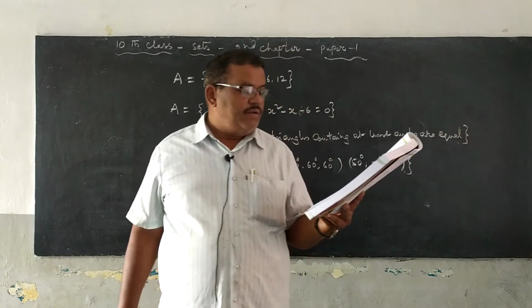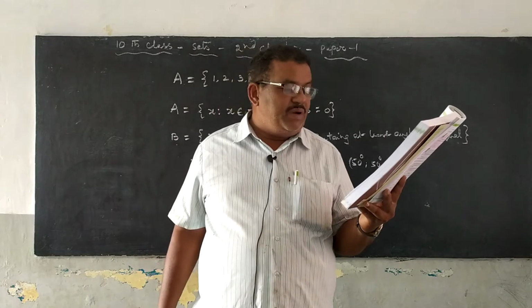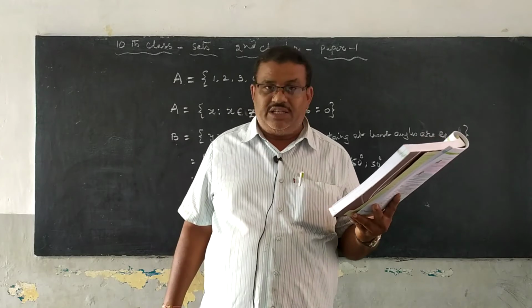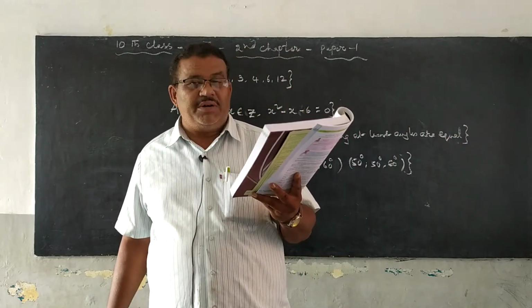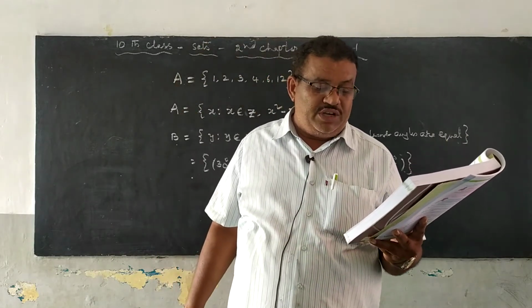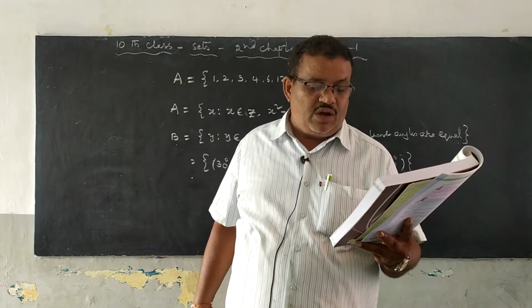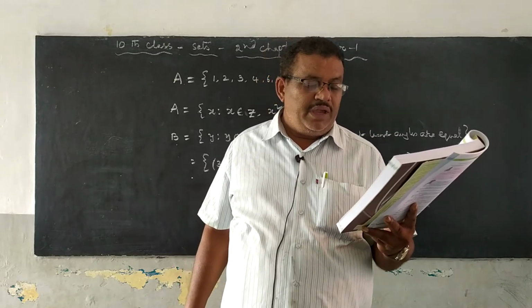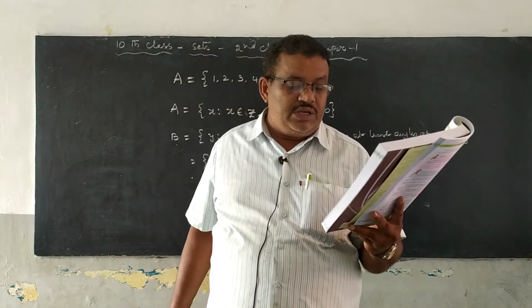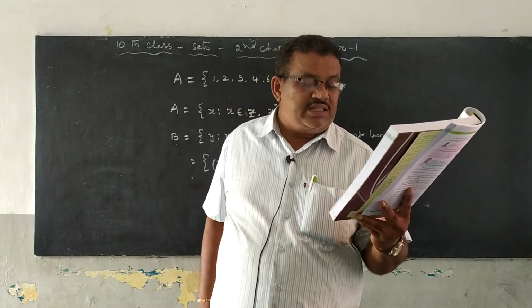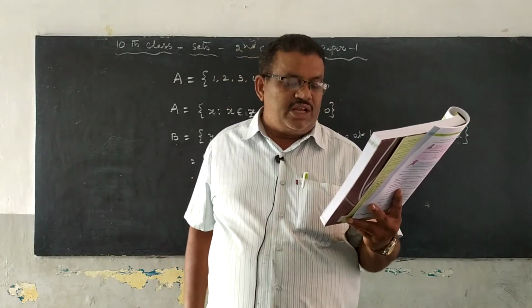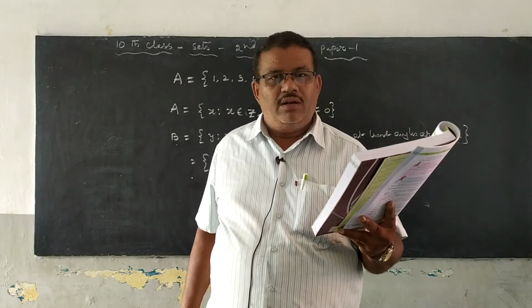Principal. Second one is the set containing element 0. Third one is the set containing elements 1, 2, 3, 6, 9, 18. Fourth one is 3 comma minus 3. On the right hand side: A, x such that x is a positive integer and a divisor of 18. B, x such that x is an integer and x square minus 9 equal to 0. C, x such that x is an integer and x plus 1 equal to 1. D, x such that x is a letter in the word principal.